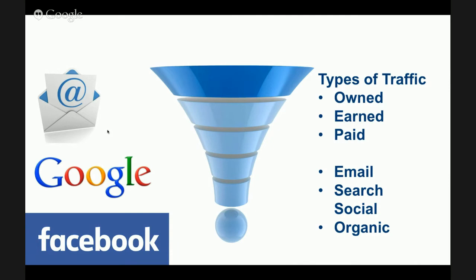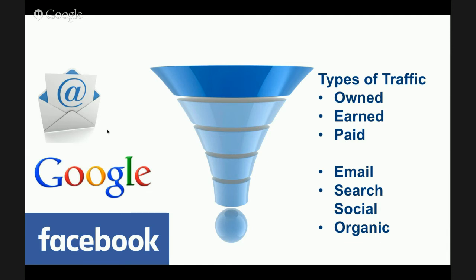There's three types of traffic. We can have traffic that we own. So that's something, for example, if we've got a Facebook page and we're posting something, the people who see that, we kind of own that traffic because it's our Facebook page. We didn't have to pay for it, although in practice, you do have to pay. A better example might be email, where we can email our own customers and that doesn't cost us anything. That's our email list and our email platform. So that's owned.